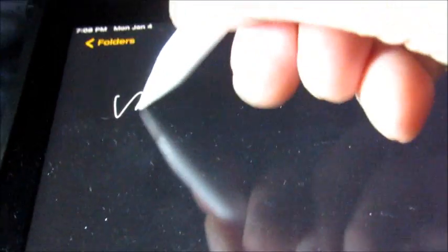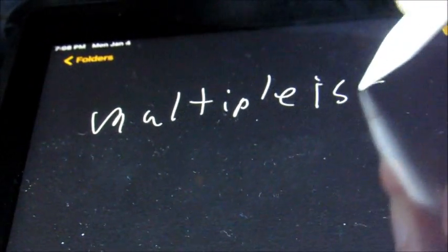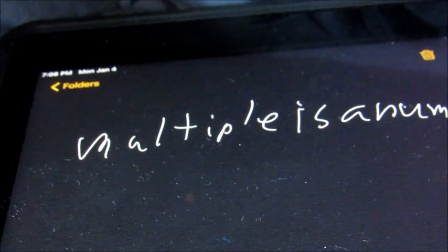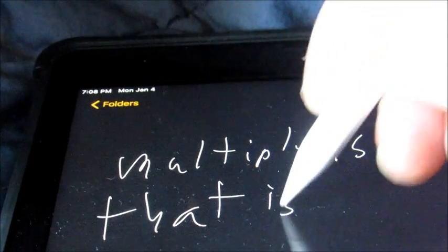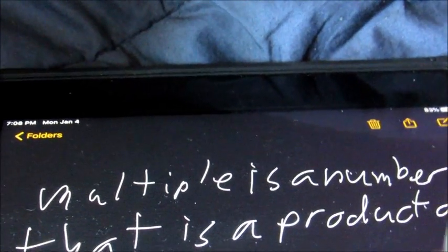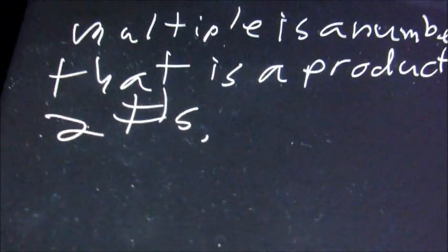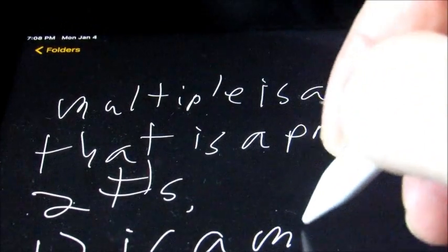A multiple is a number that is a product of two or more numbers. So here, let's say we have 12. 12 is a multiple